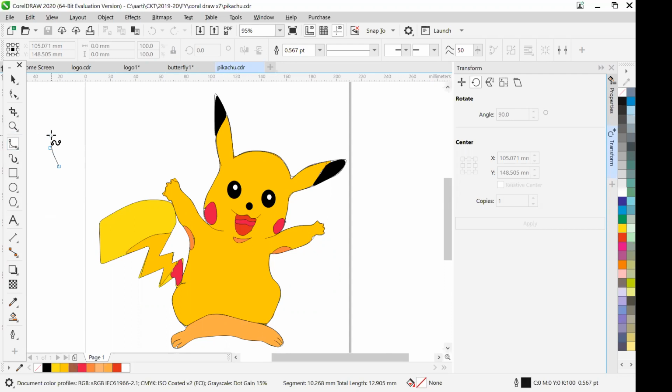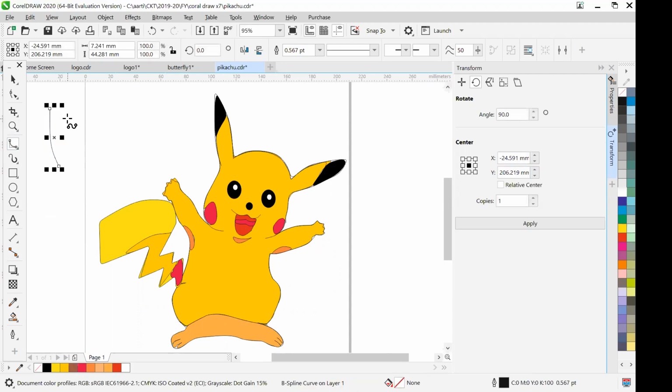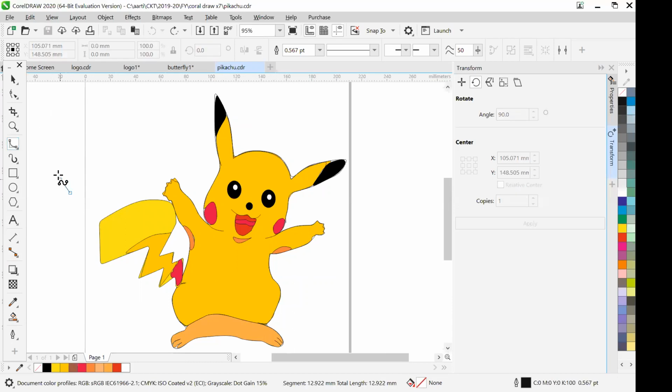See here, now I am trying to draw an ear. When you double click on the B-spline curve, it will be the total rework which you have to do. Okay, so calmly, steadily go ahead, and then you will be able to draw it.